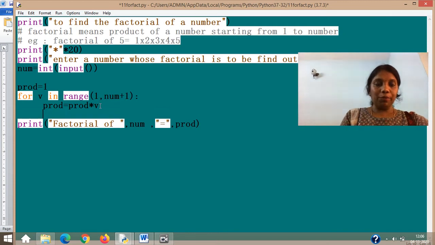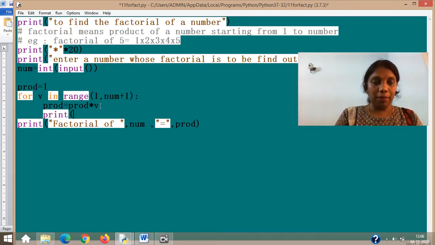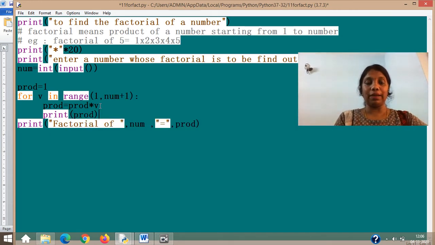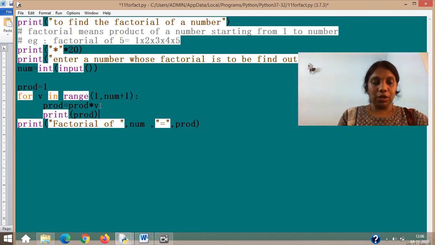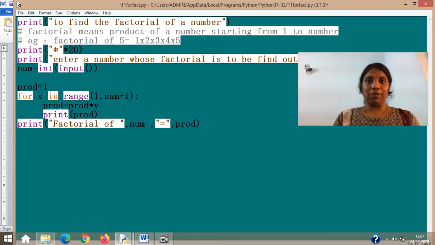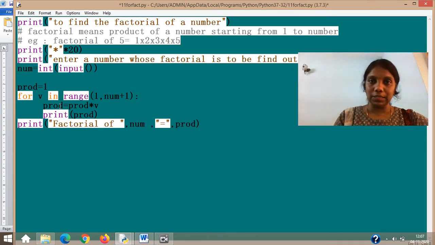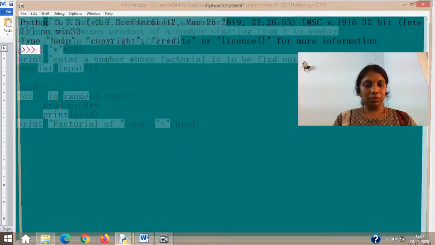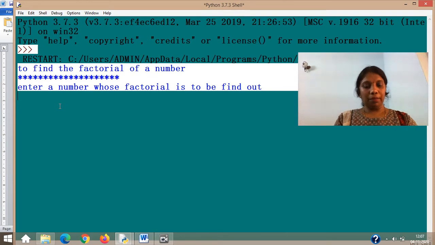If you want to see what I'm talking about when I run the program, you can just try to give it like this. So each value will be shown to you each time, to see what is happening. Let's run the program, because at the end when I write print factorial of num, the product will have accumulated 1 into 2 into 3 into 4 into 5, if the number entered is 5. If it is 6, still the same. Let's take a small number so that we can remember the multiplication. Let's make it 4 this time.